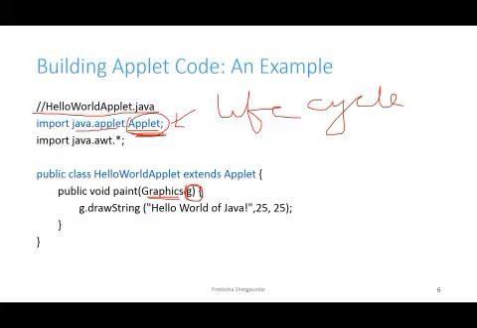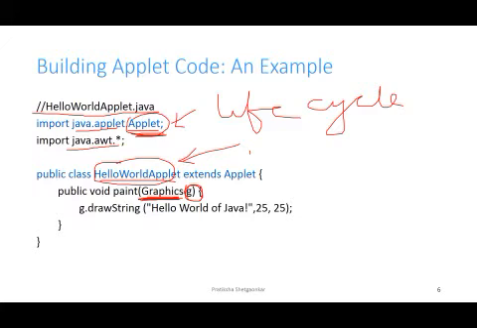Since we need to use the Graphics class, we need to import the java.awt package that contains that Graphics class. Now all the output operations of the applet are performed using the methods defined in the Graphics class. Here the class name, HelloWorldApplet, is the name of the main class for the applet, and when the applet is being loaded, Java creates the instance of this particular class, and then a series of Applet class methods will be called on that instance.